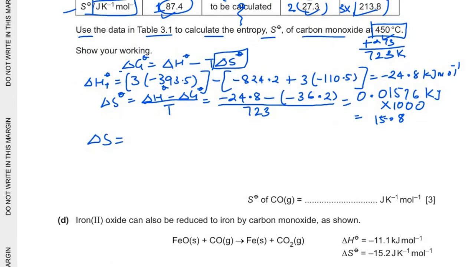Now substituting all these values, the product side first: 2 into 27.3 plus 3 into 213.8. This is the product side, minus the reactant side,